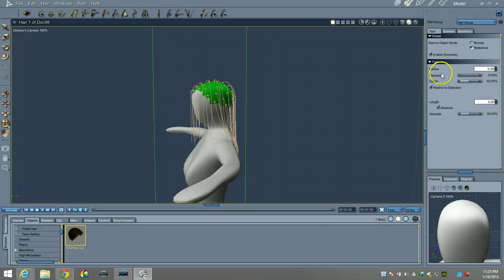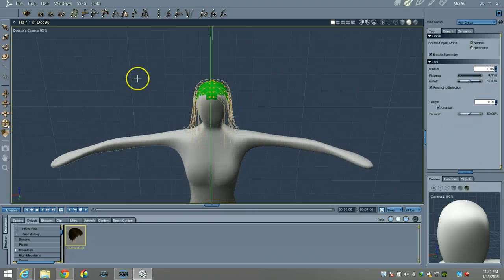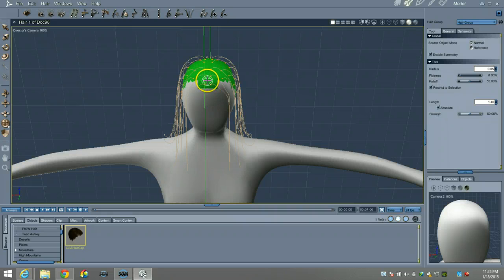Now this one is another one that's kind of screwed up on the default. It's set to 0 as a default. So obviously all that would happen if I touch the hair now and start to try to apply it is that it would scale everything back to 0. So let's take it up to, let's say, 1.4 feet, and we will